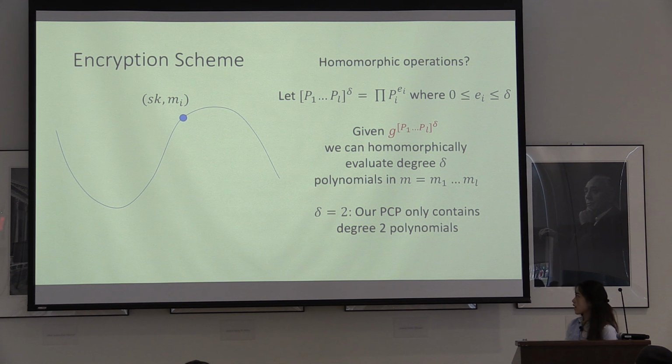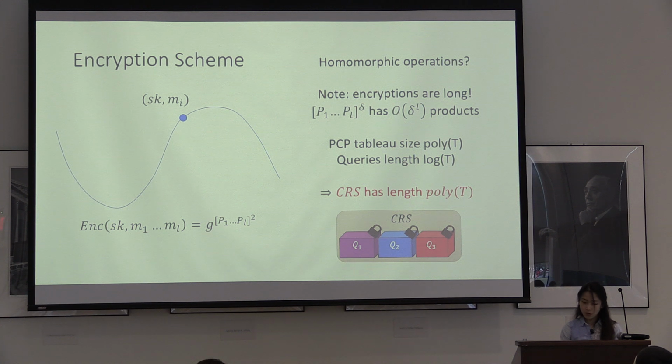For us, we're actually just going to take delta equal to 2 because in our scheme, we're only going to require degree 2 homomorphic operations because our PCP will only have degree 2 polynomials. So this is our final encryption scheme. But note that the encryptions here are quite long because this set has on the order of delta to the